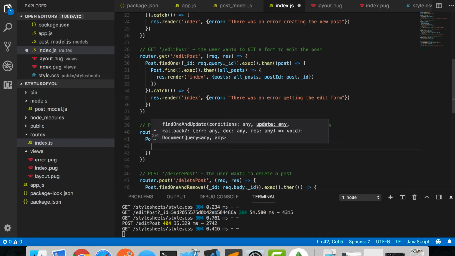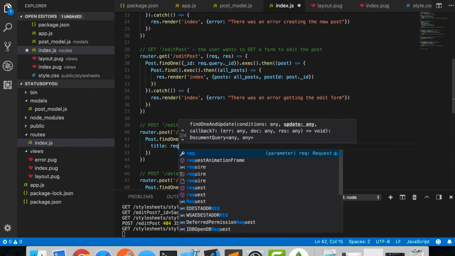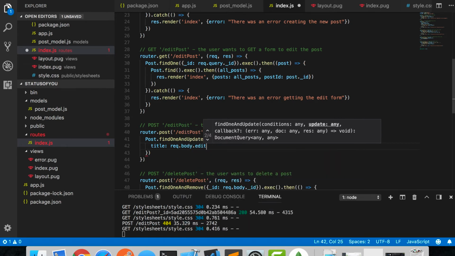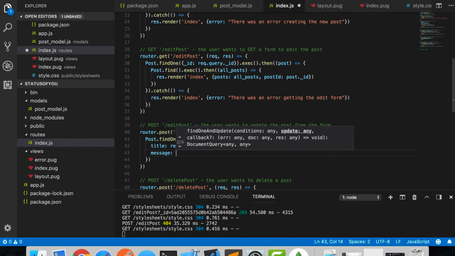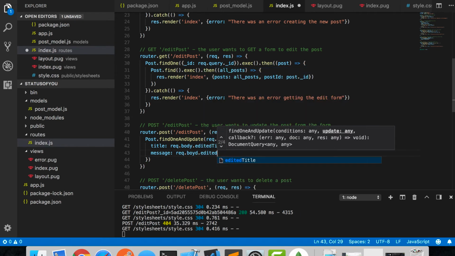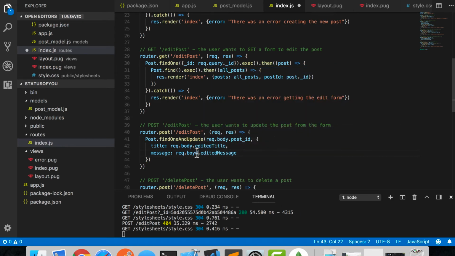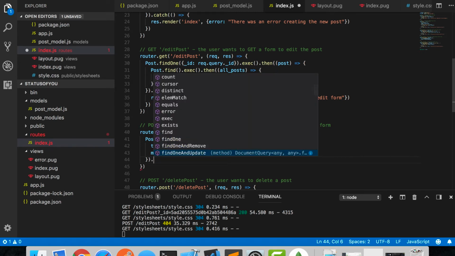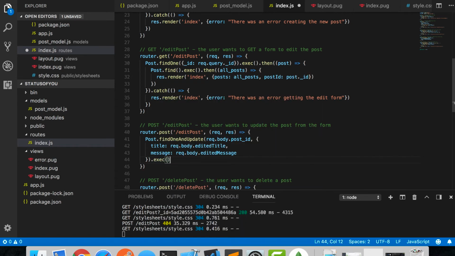So we want to say that the title should now be whatever the request.body.editedTitle is, and the message should be whatever the request.body.editedMessage is. And there's a typo again. All right, edited message. And after it does that, we want to say dot execute, and then dot then, and